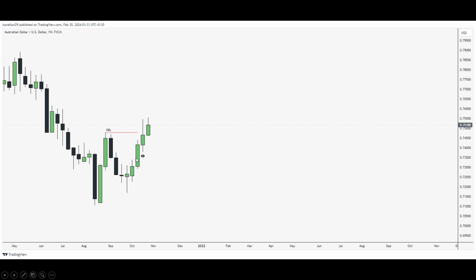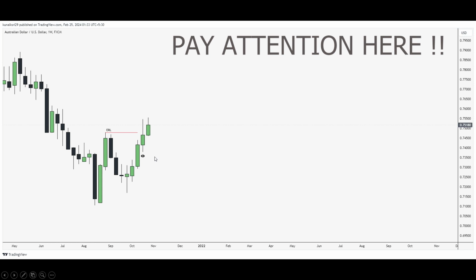If your eyes went here, you are correct, okay. And if you have marked this upper imbalance also, it's also correct, but we're going to use this imbalance, okay. काफी लोग के माइंड में कंफ्यूजन स्टार्टिंग में भी आया होगा कि मेरे को कौन सा फेयर वैल्यू